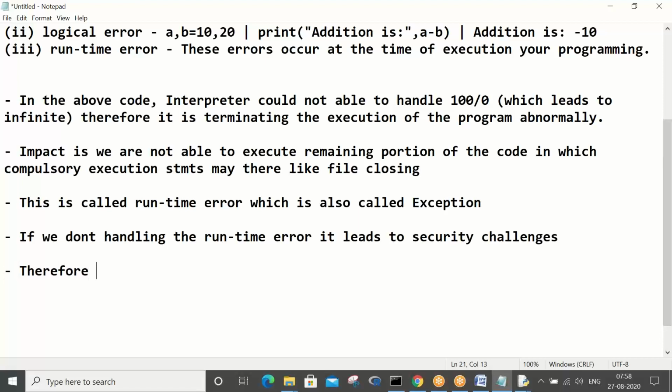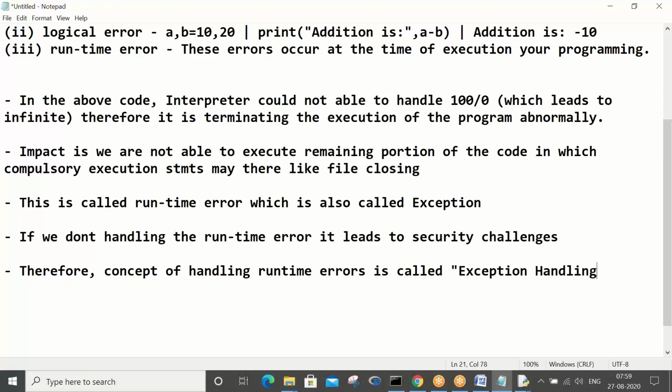Therefore we need a concept of handling runtime errors, which is called exception handling. The concept of handling runtime errors is called exception handling.